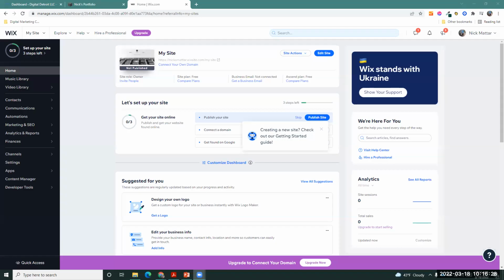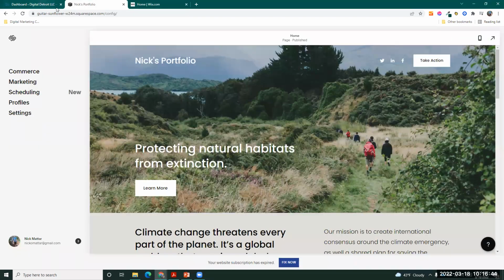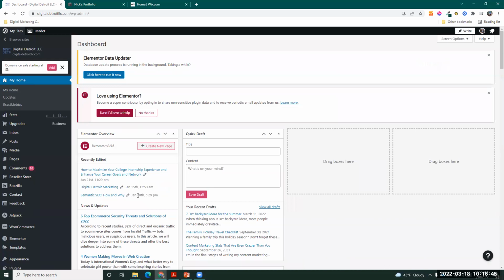So I'm going to go ahead and share my screen here on how to use really one of three main website builders that exist today that people use. And those three are Wix, Squarespace, and WordPress. On Wix and Squarespace, I've just started some basic sites here. These are just basic templates. There's nothing really built out. On WordPress, I do have my business website pulled up here that you can see I will use as an